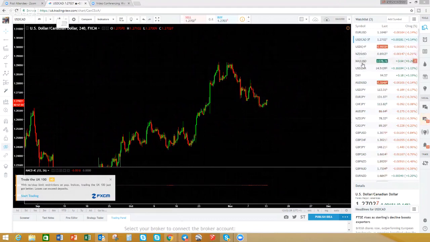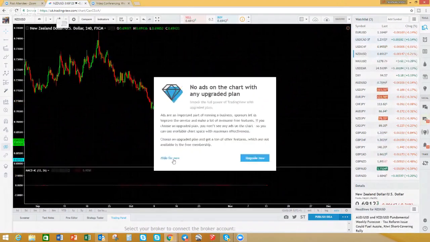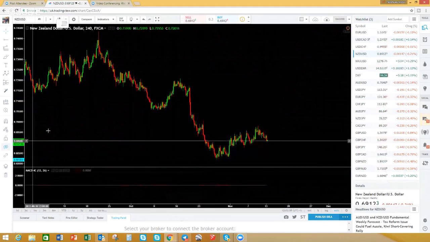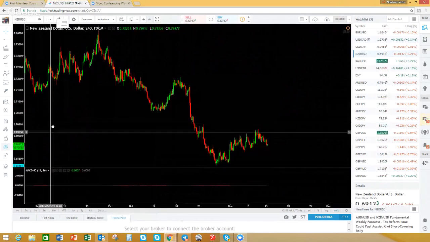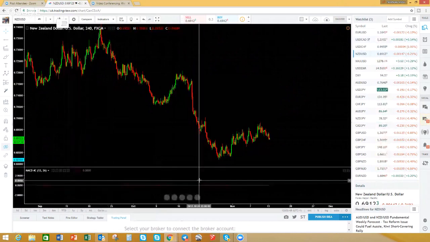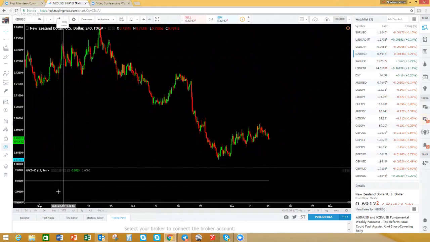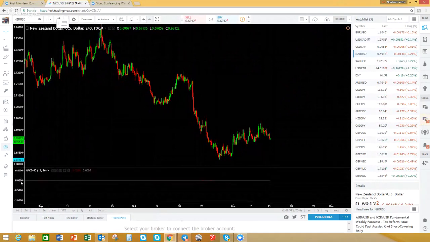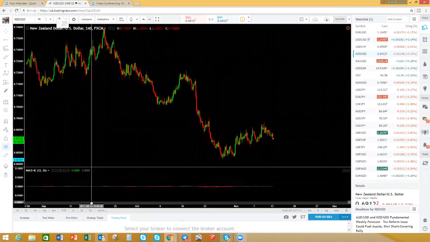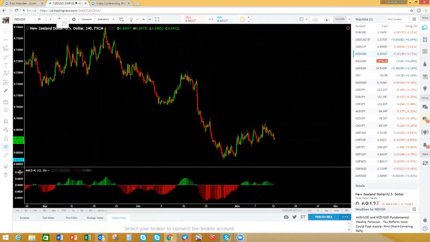Right, New Zealand US dollar. So New Zealand US dollar, we already took this one some time back. My indicator doesn't want to come up. Oh, there we go. That's coming, correct. Just going to get the indicator up. MACD. Okay, so